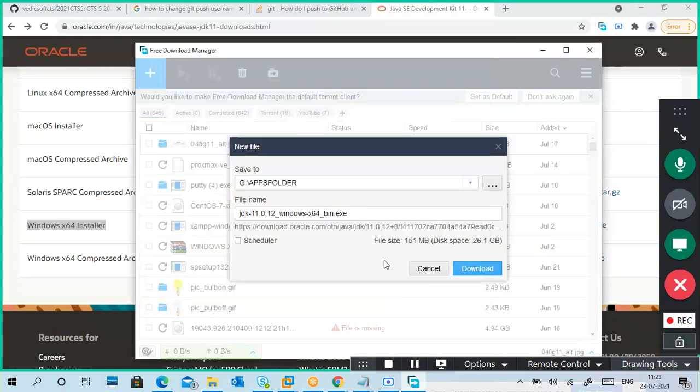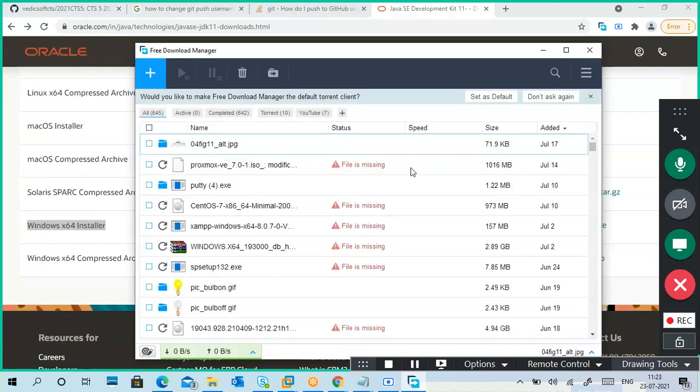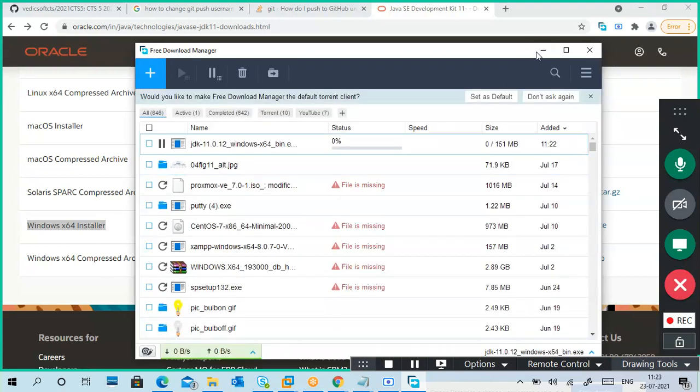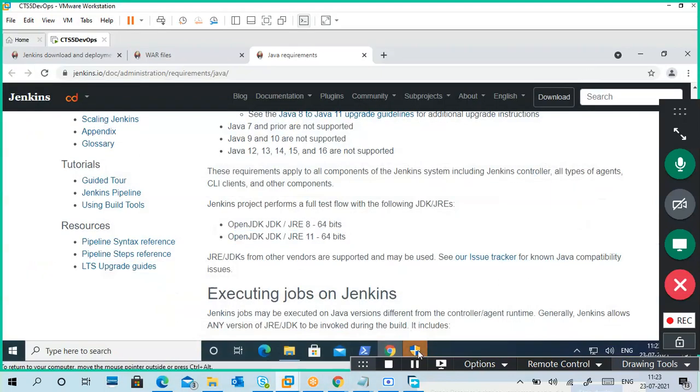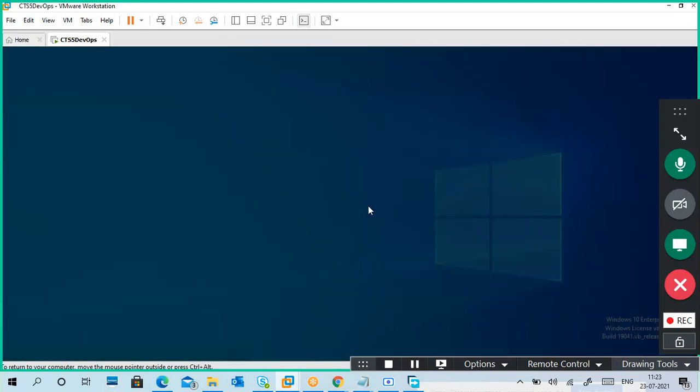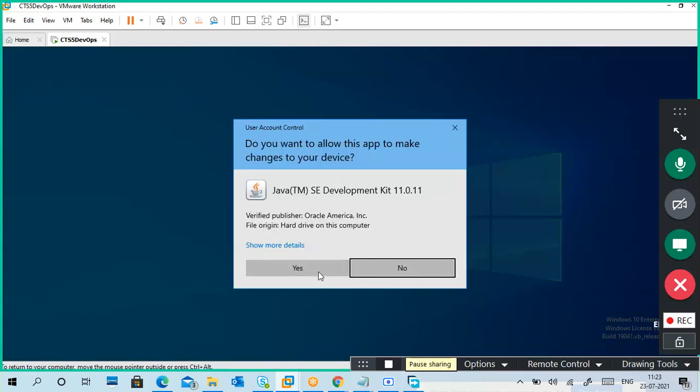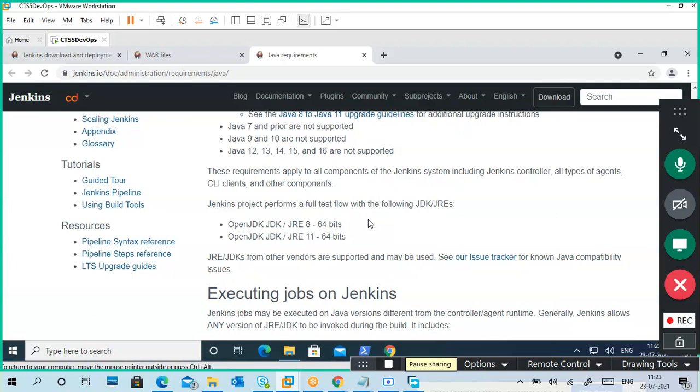A DevOps folder like that. So this is 12, but I'm installing 11 only because it will take time. No difference, guys, it must be 11 or 8. That's it, there is no difference. I'm installing 11.0.11. Either 8 or 11. If you already have 8 on your machine, you can use it.